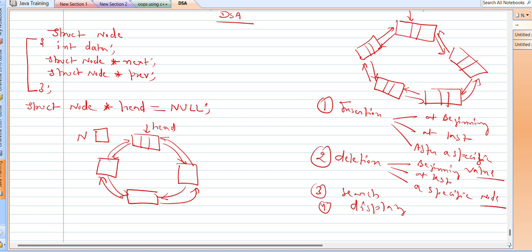See, if the list is empty, then our new node will become the first and the only node in the list, and therefore the head will be pointing to the new node, and the next of head will also be the new node, right? So this is one case. And if it is not so, if there are more than one nodes in the list, then what we will do,